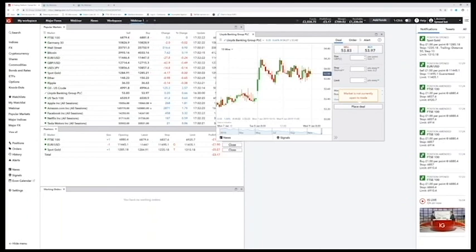What you can do, however, is to place an order. An order is an instruction to enter the market at a different price to the current market price. It doesn't necessarily have to be used when the market's closed, because you can place a trade on the FTSE or euro dollar or gold when the market's open, but at a different price. But in this scenario, the market is closed, so the only thing we can do is to place an order